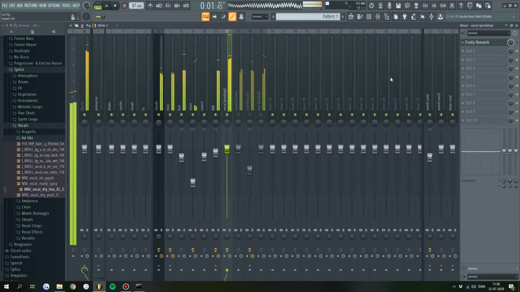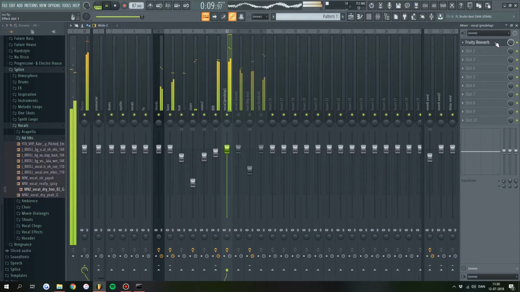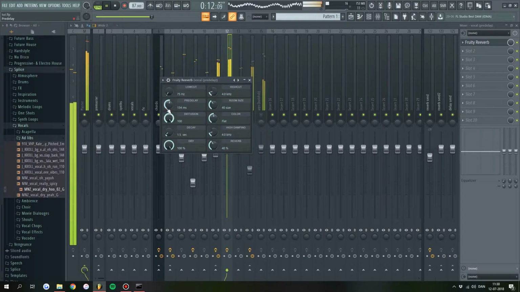Why you running away? Why you running away? Why you running away? Why you running away? Why you running away? Why you running away? Why you running away? Why you running away? Why you running away? Why you running